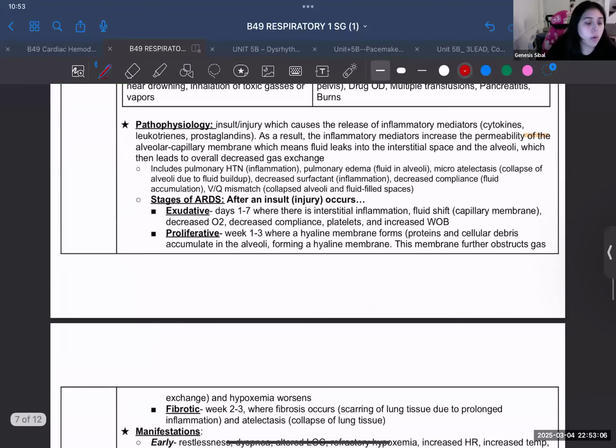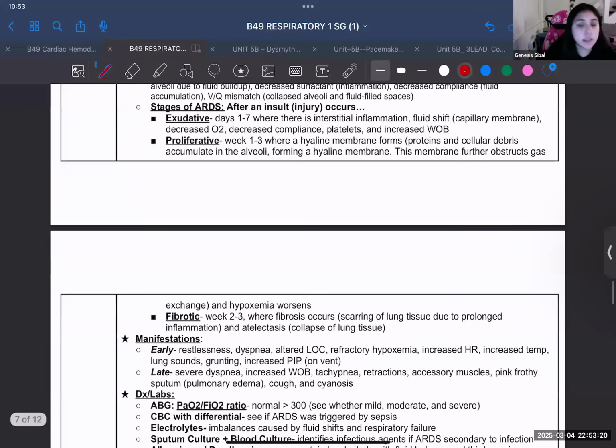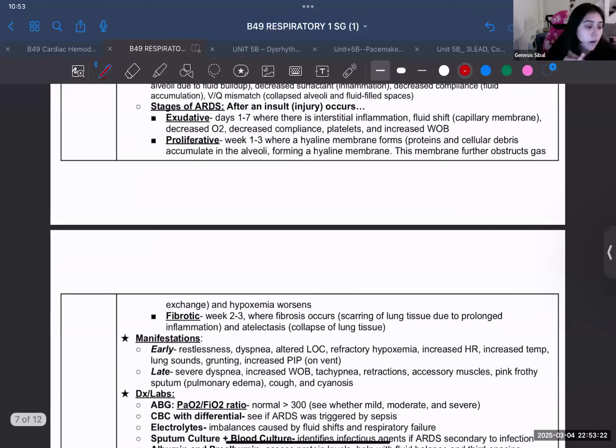In terms of patho, go ahead and read up on that. But I think the only thing she asked us was maybe the stages of ARDS, and I don't even think she asked us on this next exam. I'm pretty sure she asked us on the exam before the final, which we thought was pretty random. But again, everything's fair game in her class, and you need to keep this in mind for every single exam. So I wouldn't be surprised if she does ask this.